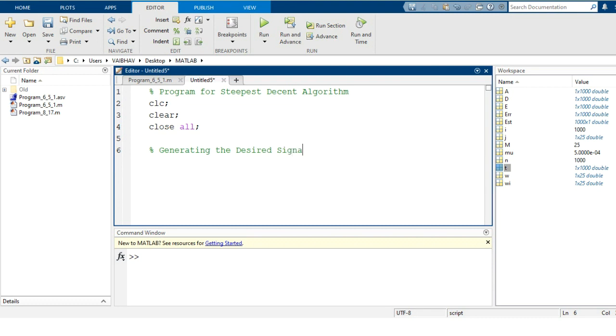So as we have done for the previous case, we are again defining the time variable, that is starting at 0.0001 and with the step size of 0.001. Again it is having the maximum entry up to 1 here. Then according to this time variable, the desired signal D is generated as 2 multiplied to the sinusoidal function sine